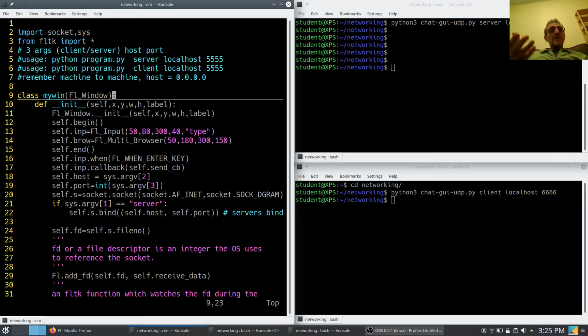Also, since we've already done object-oriented programming, that's what I'm using here. I make a class called myWindow, inheriting from Fl_Window, and in the init function to set things up, we call init of the Fl_Window parent class. Now we're going to call begin and add widgets. In this case, I'm only adding two widgets. The first is an Fl_Input widget so that I can type something in, like a message,